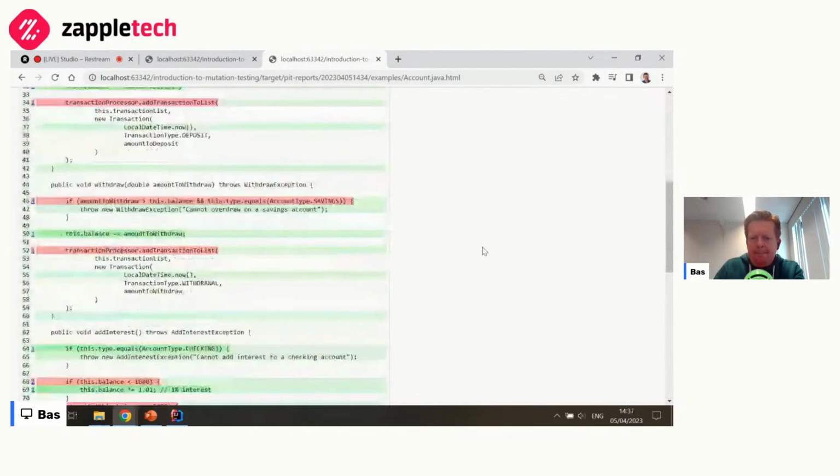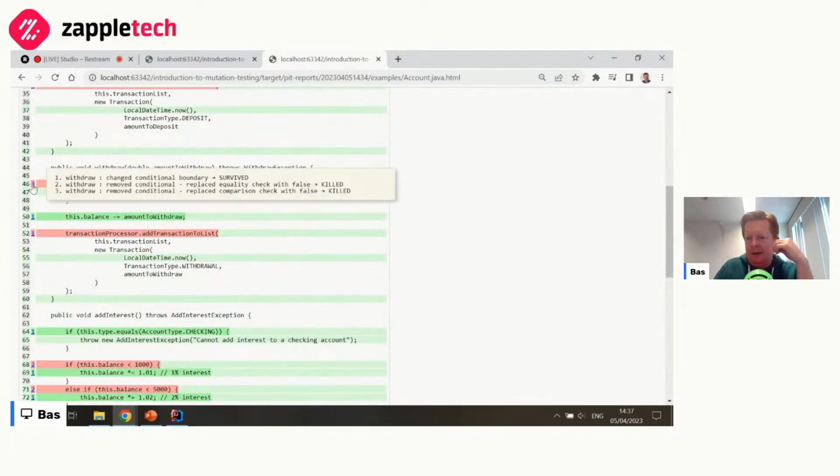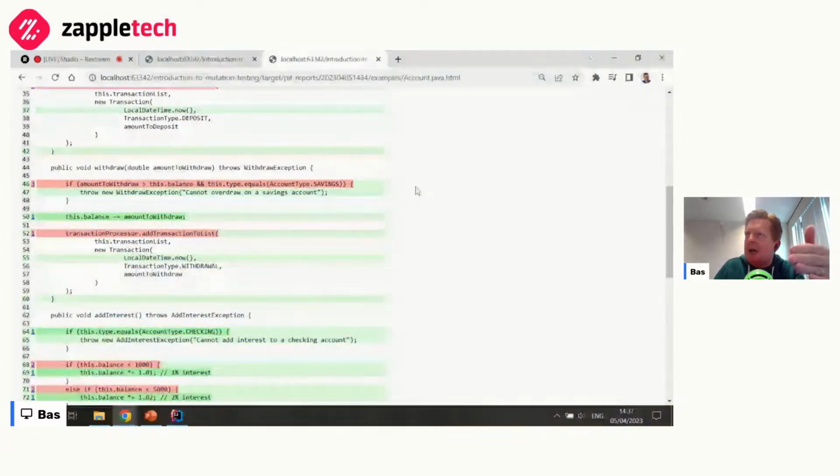Let's look at another kind of change or mutation that went by undetected. Let's look at this one. So what this line of code says, basically, spells out that you cannot overdraw on a savings account.